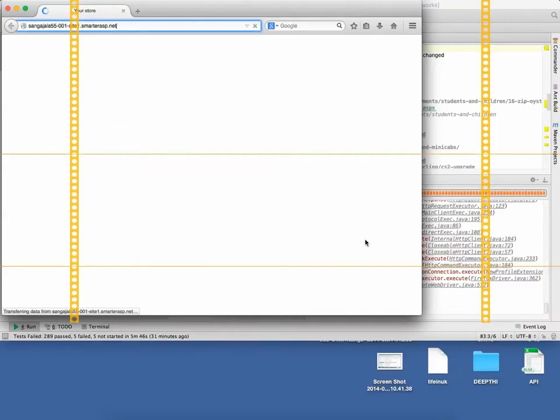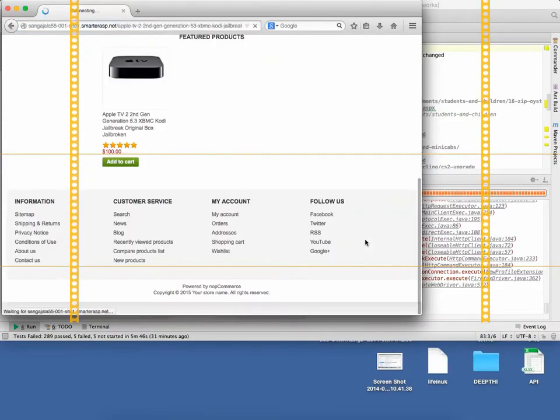Cucumber has a limitation, write it down. Okay, what are the limitations of Cucumber? Cucumber doesn't have before class and after class annotations.